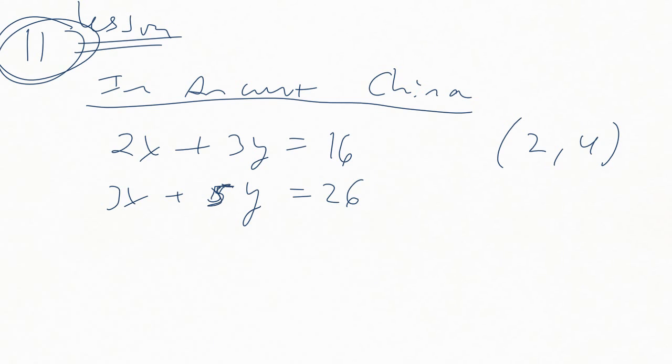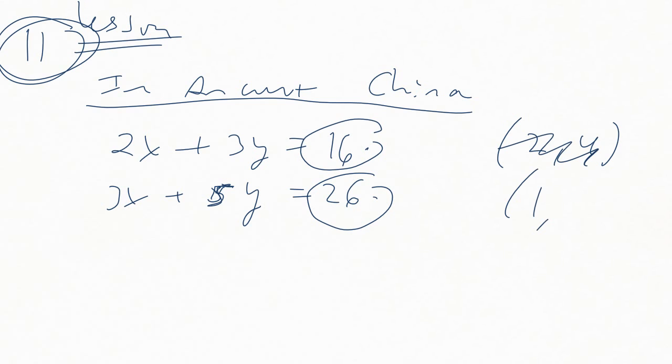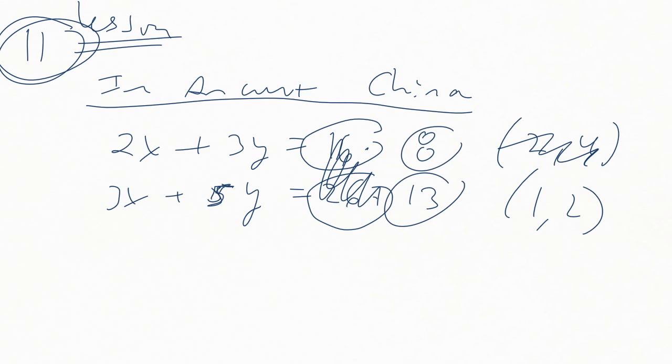In ancient China, they had this method for doing this question, where we want to get these 2 numbers to be the same number. I'm going to, if you don't mind, make these numbers a little smaller just for the purpose of instruction. So 1, that's 2, plus 6 is 8, and 3 plus 10 is 13. So the idea is 8 times 13, that's the least common multiple, is 104. So if I multiply both sides of this equation by 8 and both sides of this equation by 13,